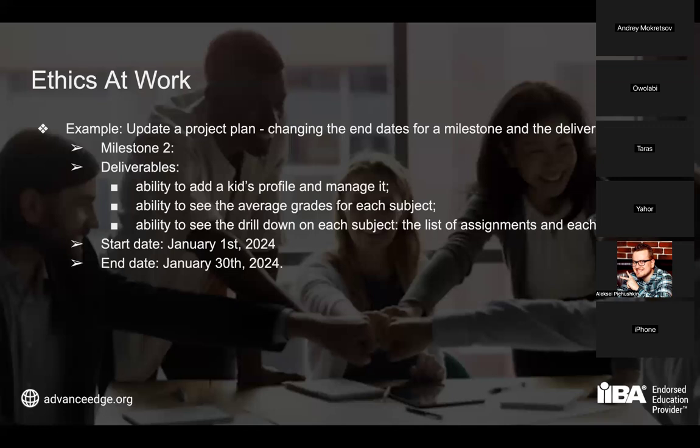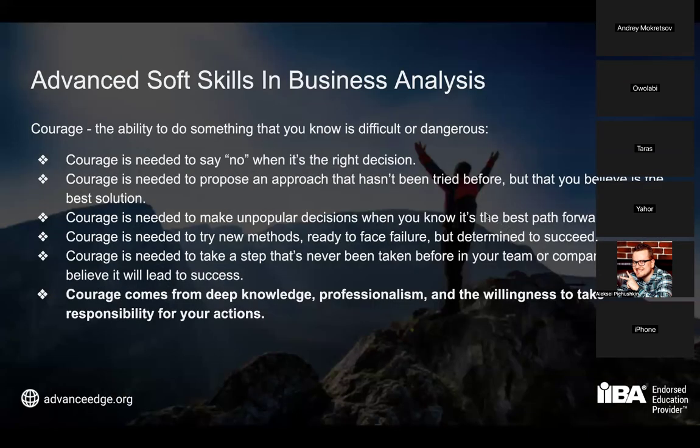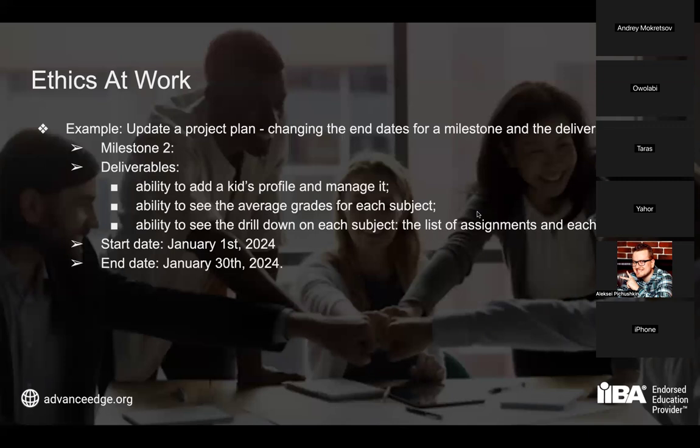And that is why I go to the knowledge base that we are using to publish our project plan, and I delete this item from the project plan and move it to the next milestone. And I also strike this January the 30th end date and say that it will be February the 2nd. And this is it. I physically remove the date January the 30th and put instead February the 2nd. And well, I can say that our knowledge base sends automatic updates to all those who are interested in this.